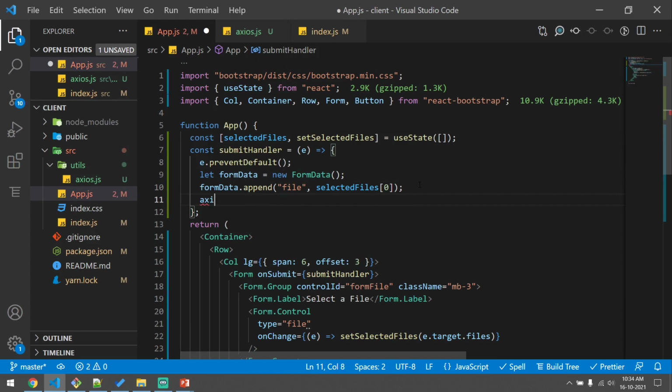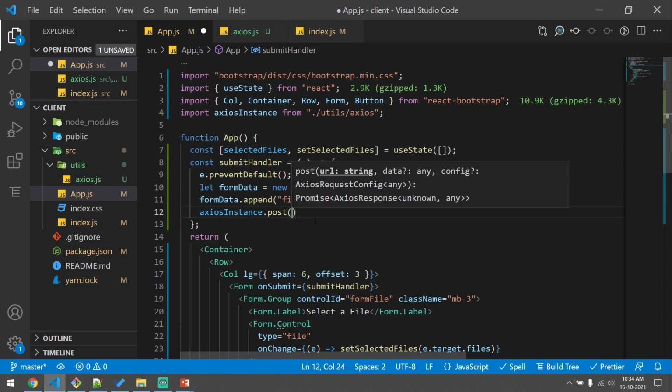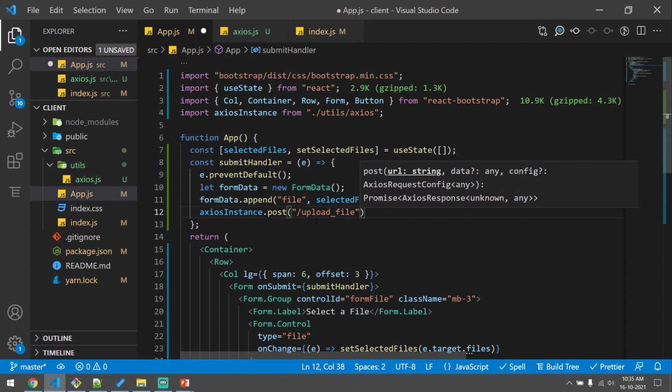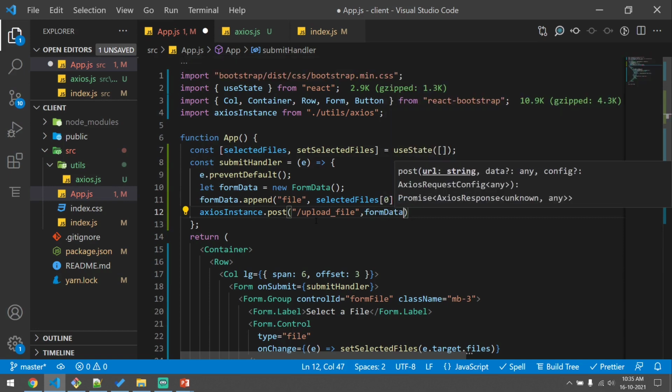Now let us import our Axios instance, and we'll just do a post call. So when we upload the file, we have to make an HTTP post call. Our route will be upload file, which we'll be creating in a while, and we'll pass the data which is inside the form data variable, and we need to specify the header.